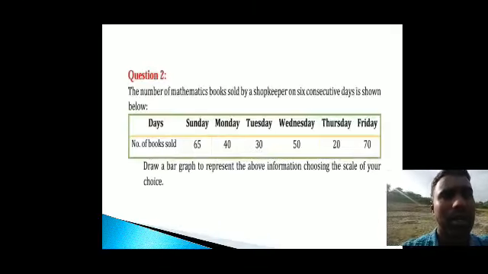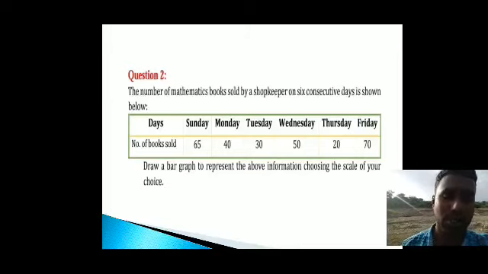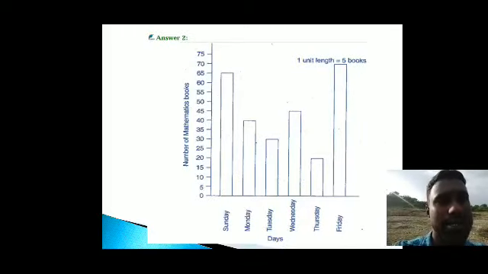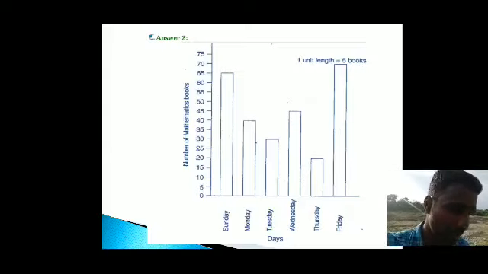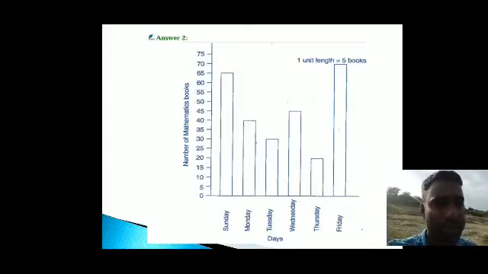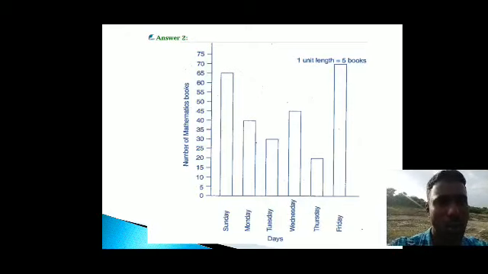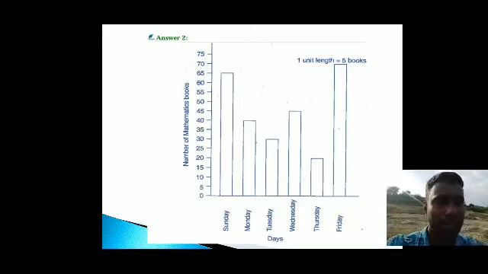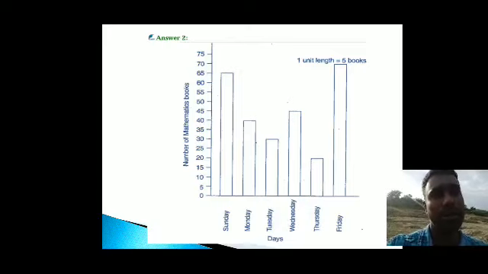See here, Sunday 65 students. So 65 means from the bottom 5, 10, 15, 20. Likewise you can see where the 65 will be present, and look at that for Sunday. Sunday 65, where it will intersect, mark that point. First put one dot, and take your scale, right side 0.5 centimeter, left side 0.5 centimeter, draw one line, and you can join that line. That's called a bar. Okay, so it will be very easy, right?